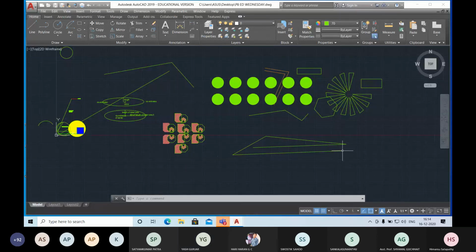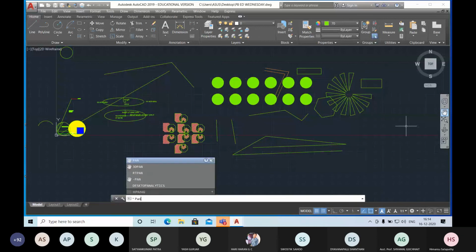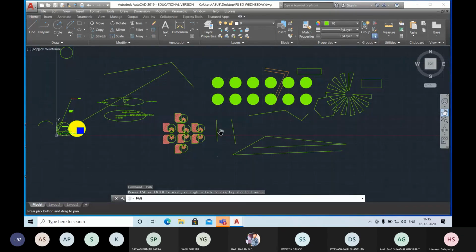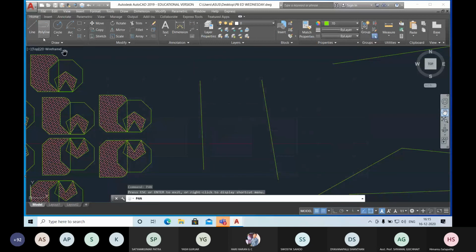Anything more? Will you explain the tan radius once again? Yes, I draw a line. This is my tangent. Another line, this is my tangent. I just zoom out this area so that all of you can see this. First of all, check the dimension, the distance in between. This is about 120 mm.